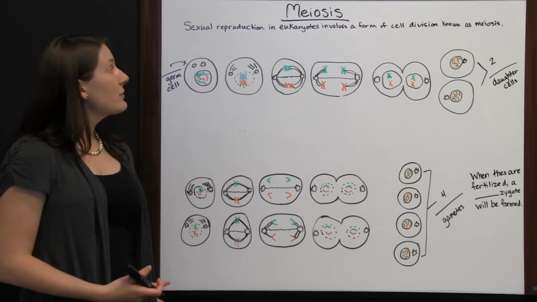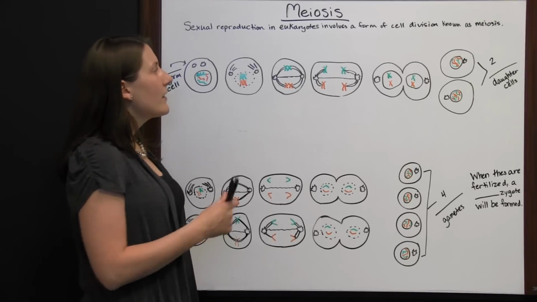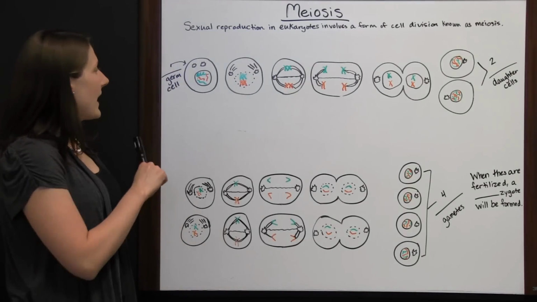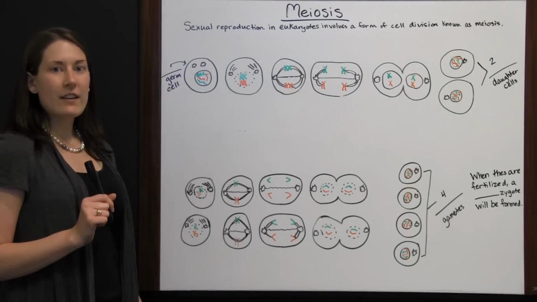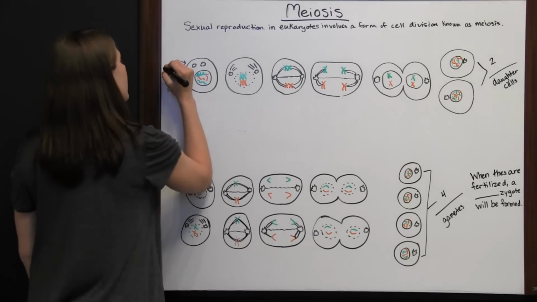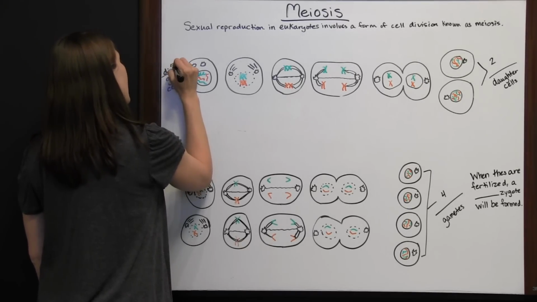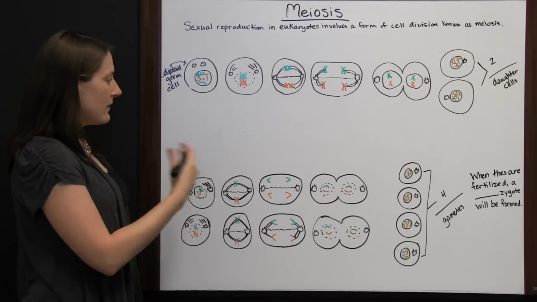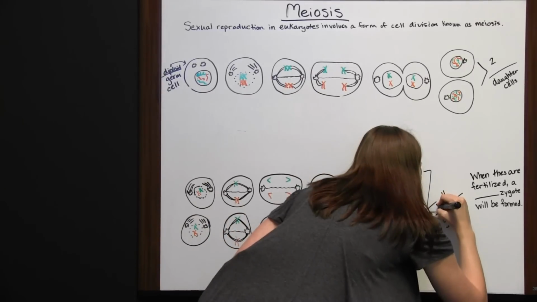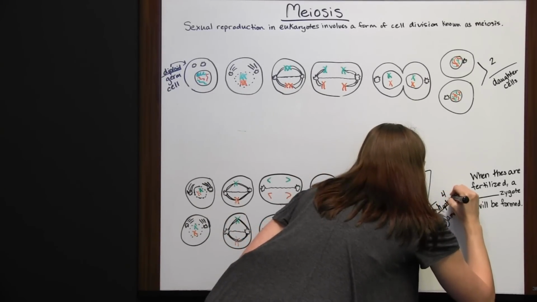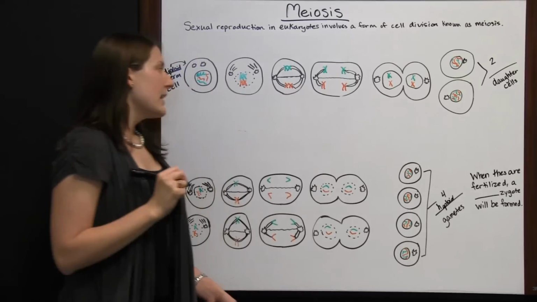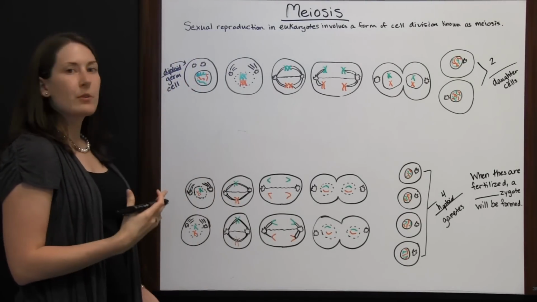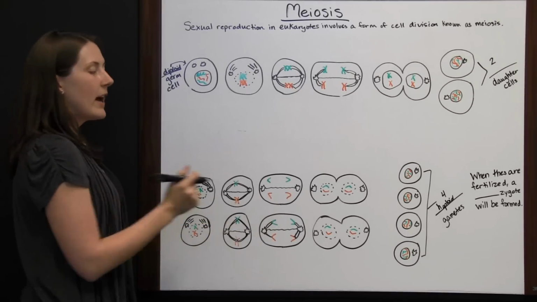Meiosis. Sexual reproduction in eukaryotes involves a form of cell division known as meiosis. It has several different stages that are carried out to let one diploid germ cell result in 4 haploid gametes. And diploid means that it's going to have multiple copies of the genetic information, where haploid means it's going